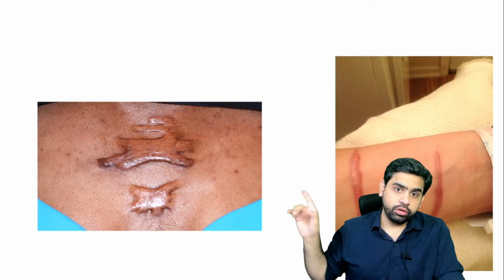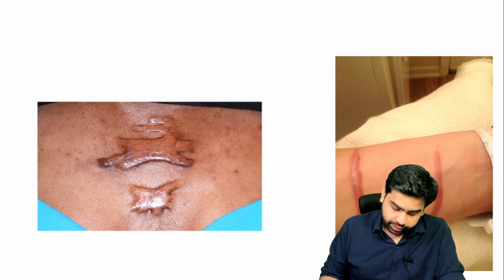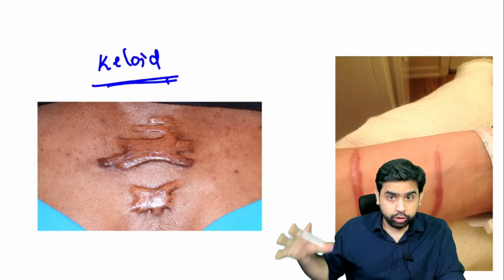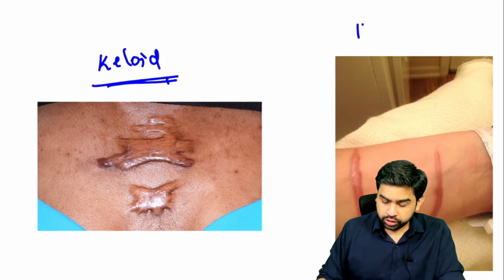This is an image of a keloid. Why is it a keloid? Because here the abnormality of that particular scar is going beyond the boundaries of the scar. And what is this? This is your